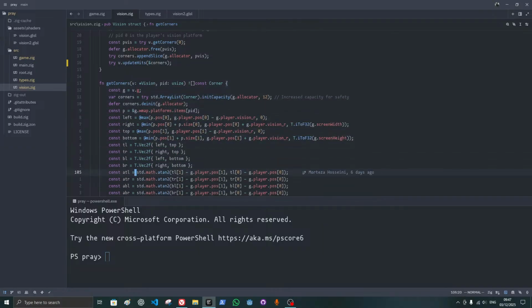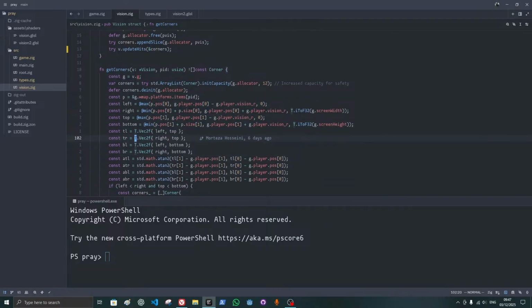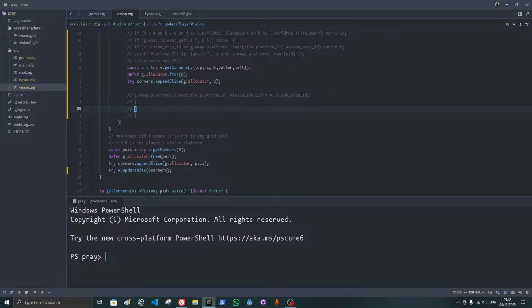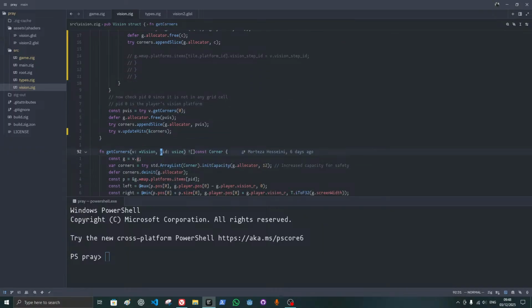Okay, here we get the corners. Corner. Okay, so for corner, instead of PID, I am going to do